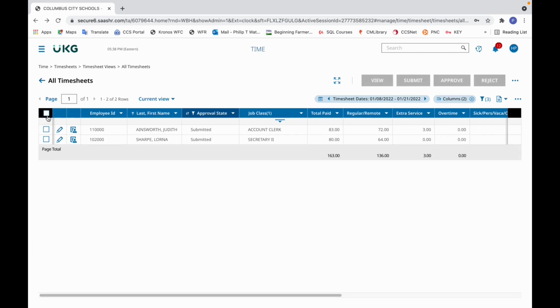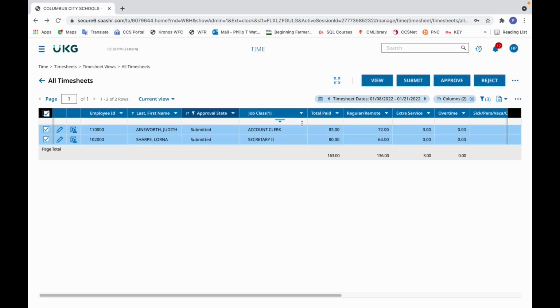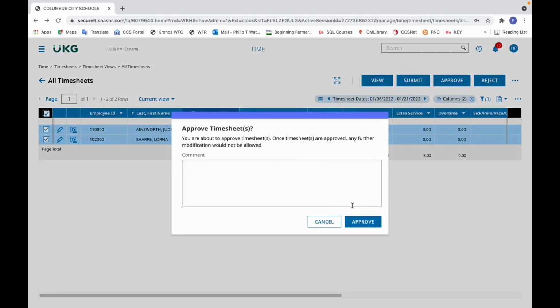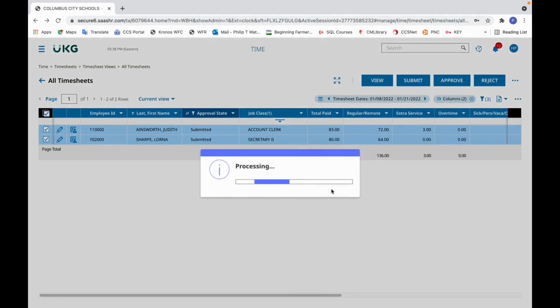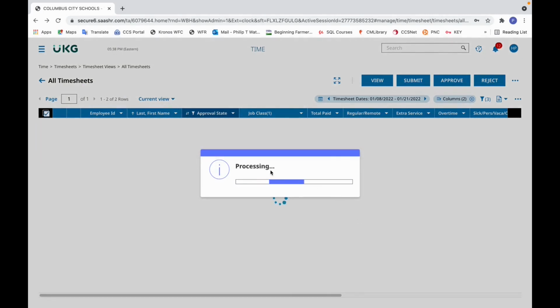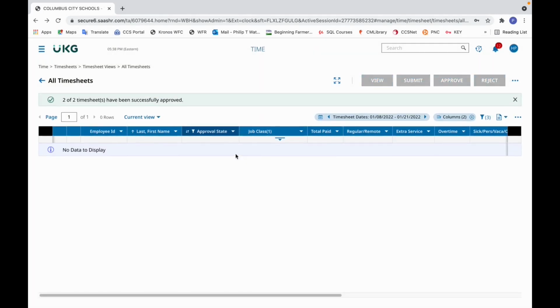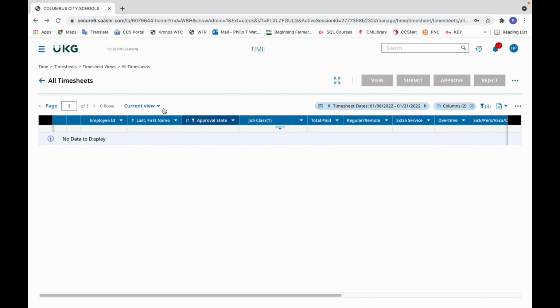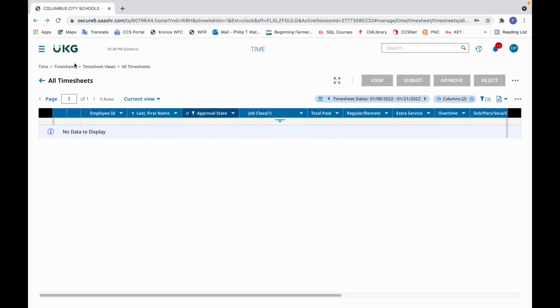Once you've done that quick look, and things look fine according to what you've looked at, select the black box, select All, click Approve, and then click Approve again. You'll see here it says 2 of 2 timesheets have been successfully approved. Sometimes that will take 20-30 seconds to finally go through, but just be patient, it will eventually